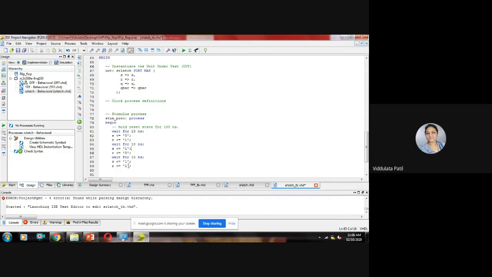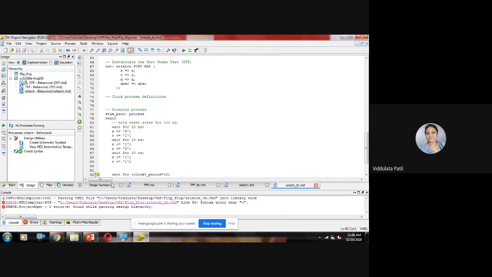All these combinations we have used, and now let us check what the output will be for all of these. Let us save this. Where is the error?